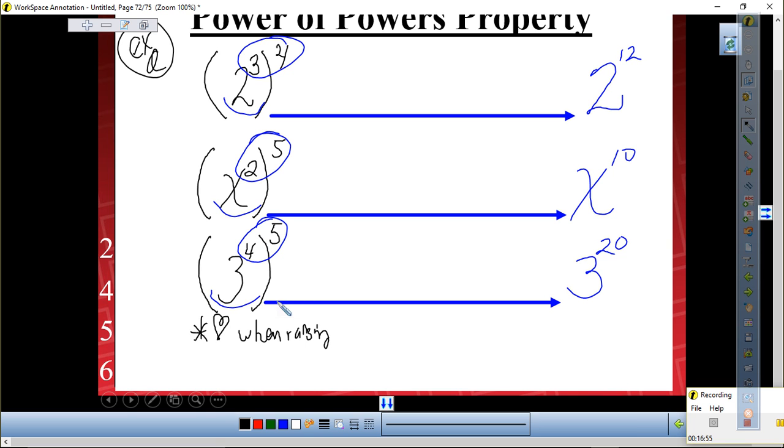They're called what, everyone? Exponential expressions. When raising exponential expressions to another exponent,